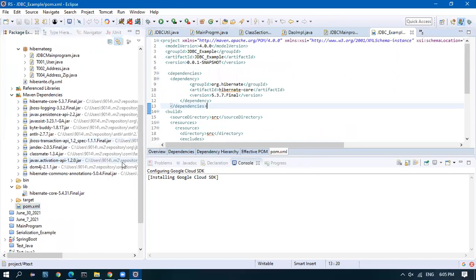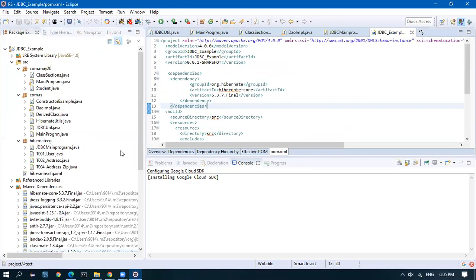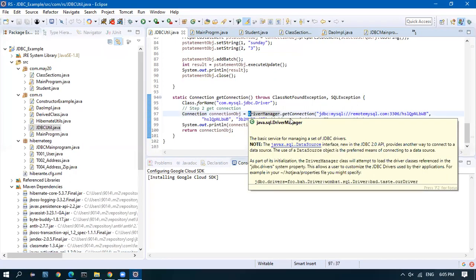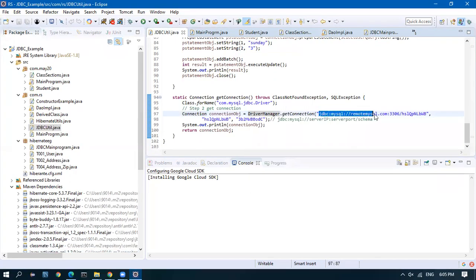I didn't give anything here. Okay, so this will load the driver class, and next is getting the connection. DriverManager.getConnection, followed by this URL, which is again static. Here you have to change only the host, port, schema name, username, and password.